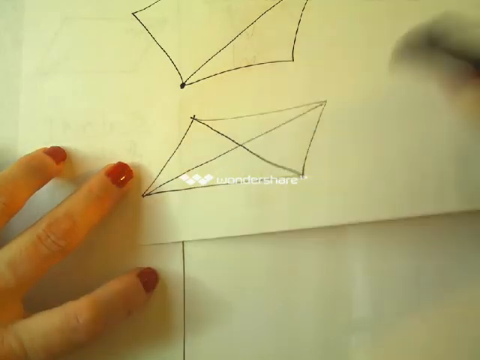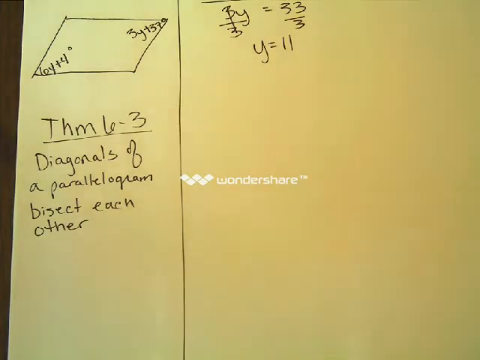Another vocab word in this theorem is bisect, and although that is a Unit 1 vocabulary word, and it showed up in Unit 3, and it showed up in Unit 4, and it showed up in Unit 5, I know some people still struggle with the meaning of it. Bisect means cut in half. It means it makes it into two congruent sections. It creates a midpoint. I could go on and on. There's a bunch of different ways I could word the definition for this vocabulary word. Bisect means cut in half. So, an example of this problem would be